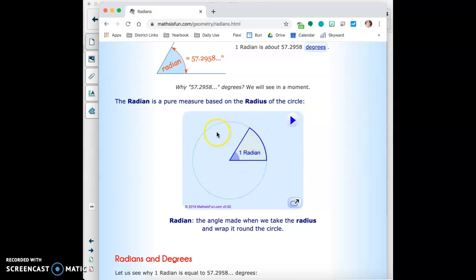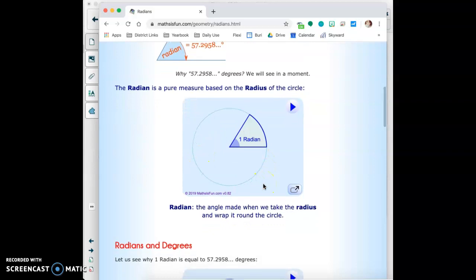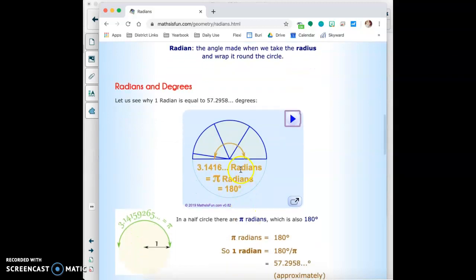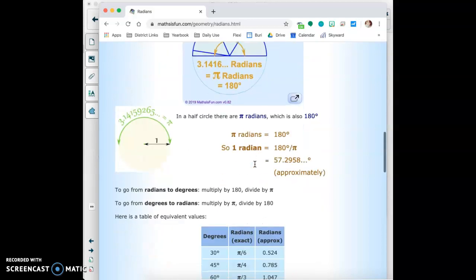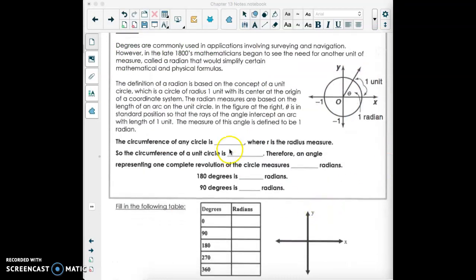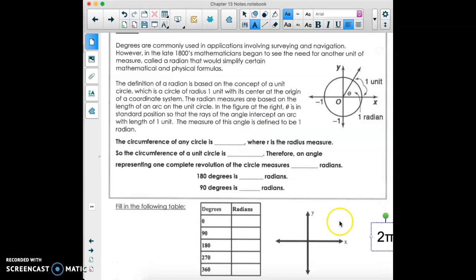Well, how many radians does it take to get all the way around the circle? This is where I think the cool part comes in. If we keep taking this radian measure and we keep going with it, notice it takes about pi radians to get 180 degrees. Well, if it takes pi radians to get 180 degrees, how many does it take to get 360? 2 pi. So I'm going to pull this away. I'll link that if you want to mess with that image a little bit more. But the big idea here is that the circumference of any circle is going to be 2 pi